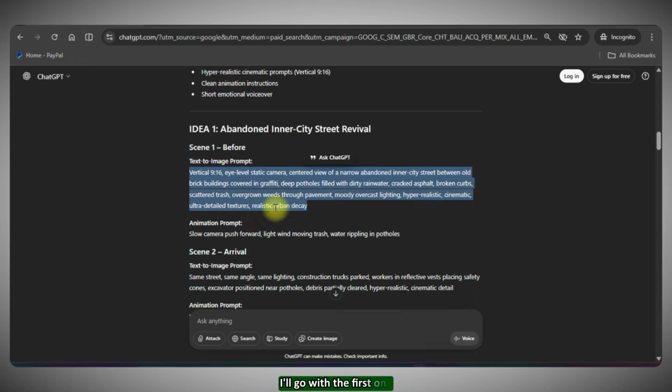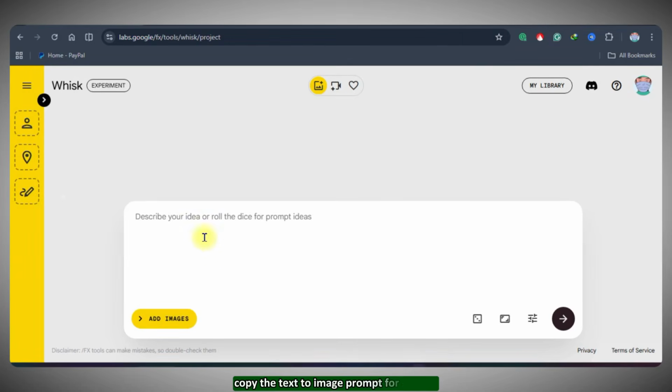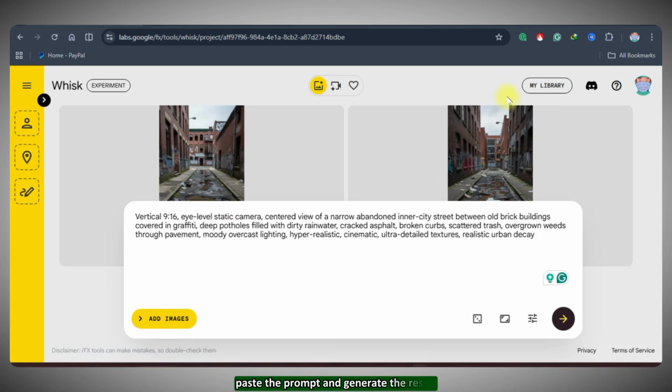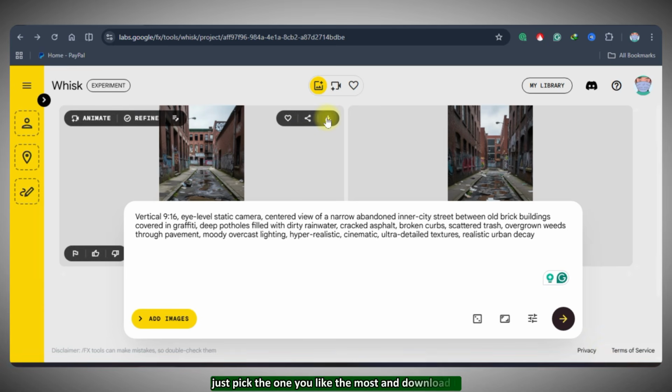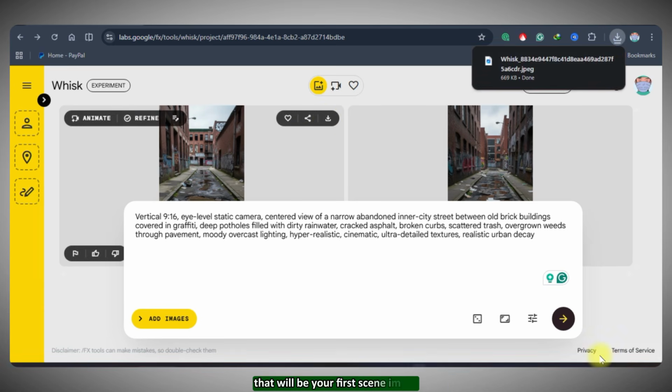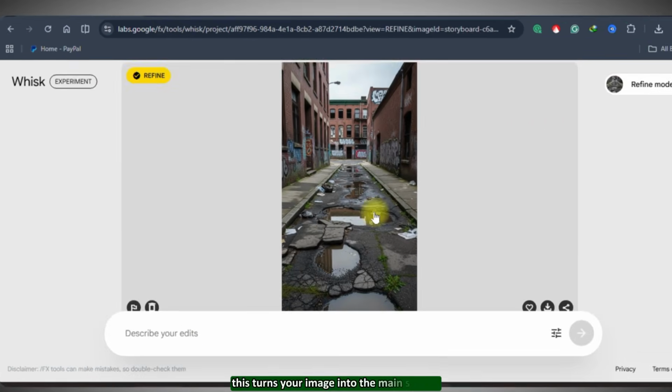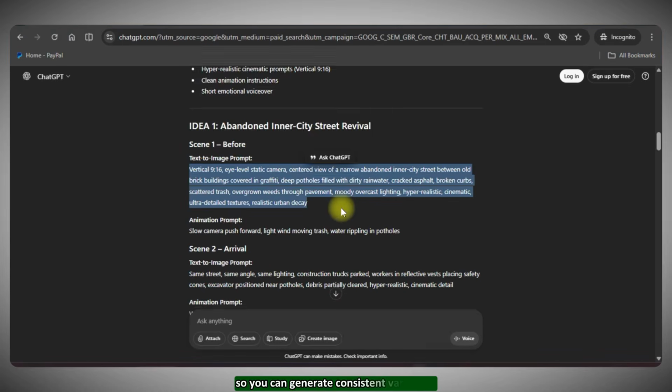I'll go with the first one. Copy the text-to-image prompt for scene 1, go back to Whisk AI, paste the prompt, and generate the result. You'll see several images appear. Just pick the one you like the most and download it. That will be your first scene image. Next, click on Refine. This turns your image into the main subject, so you can generate consistent variations based on